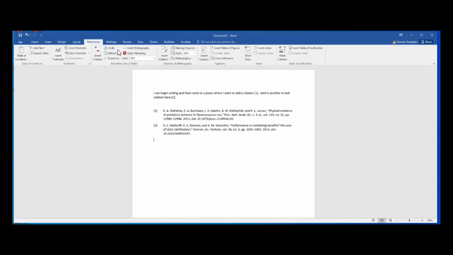If anything needs to be corrected, I can use undo or refresh, and then export as is useful at the end of the writing process when you can export your document without the Mendeley fields. What that says in the pop-over menu is export a document without embedded citation metadata. And what that really means is you break the connection to your Mendeley account, but preserve all of the citations and bibliography that you have inserted. So that would be your final draft that's ready for submission.